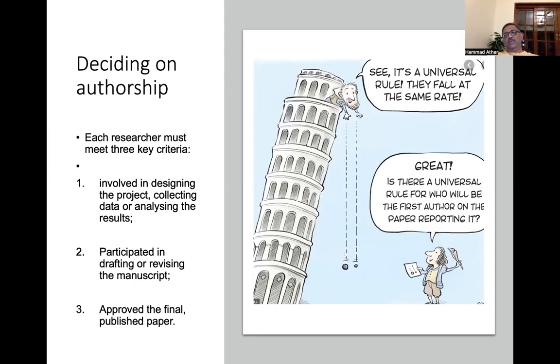They should also be involved in drafting and revising the manuscript. And they all must have approved the final published work. So these are some of the essential requirements for an author to be part of it. And it's important that it is understood who made a greater contribution in order to decide about the sequence of authorship. So who's going to be the first author, who's going to be the last author, who's going to be